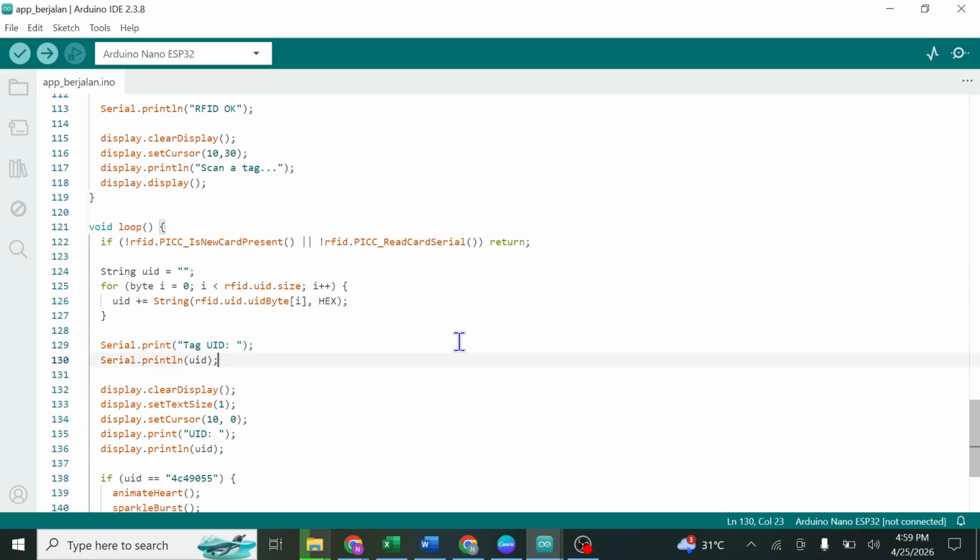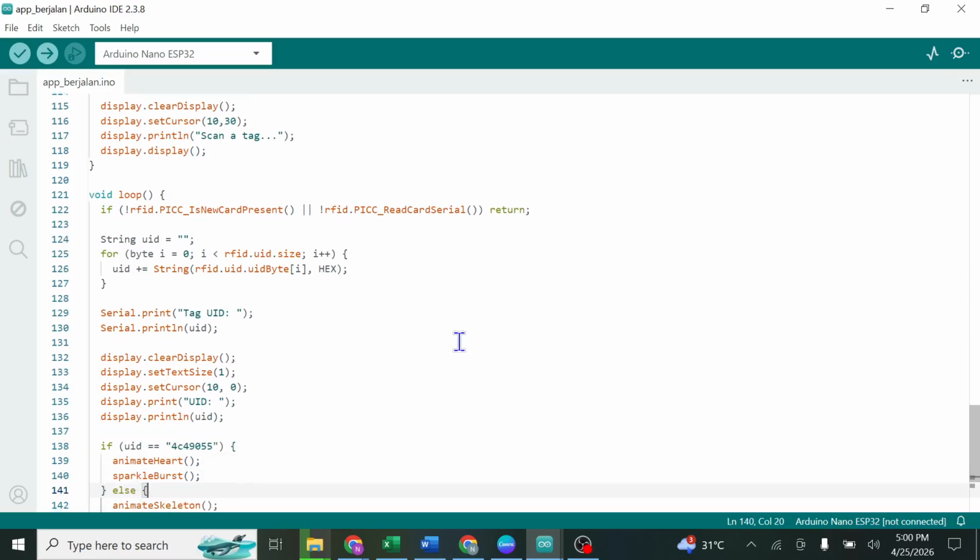And then if UID: if the scanned UID matches the registered UID, the system shows the heart animation and spark effect.